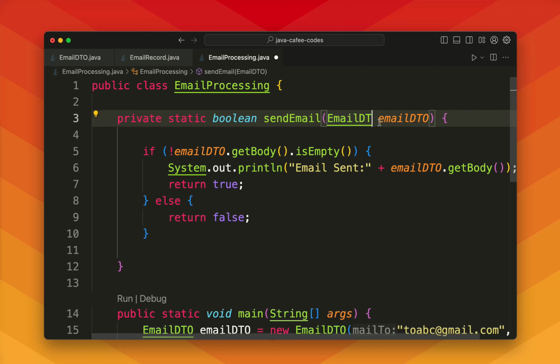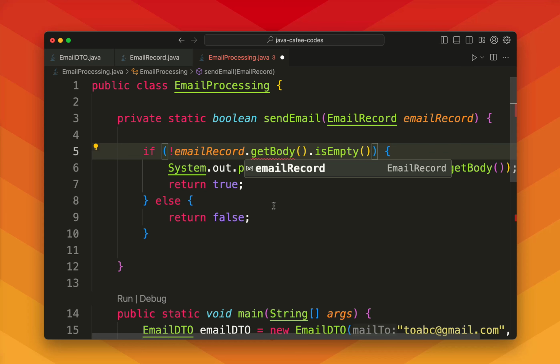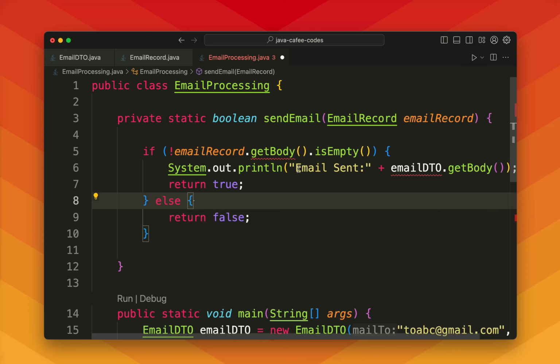Firstly, let's start from the parameter of the send email method, where we are going to use the email record. Here we are going to use the variable name also as email record, and we are going to use the email record variable to validate its emptiness. Now you can notice that we are ending up with an